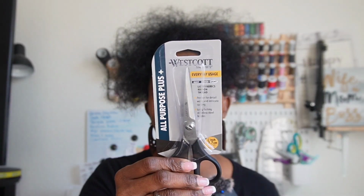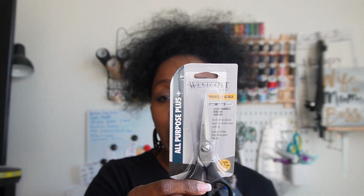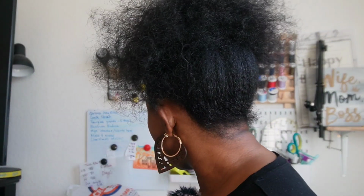So for that sewing kit, I decided I do need a small pair of scissors to keep with me. So I also purchased these all-purpose scissors to go inside of that kit. And then to have a sewing kit, you need a small bag or something, right? Which leads me into the best part of this video, which is the fabric, because we all love